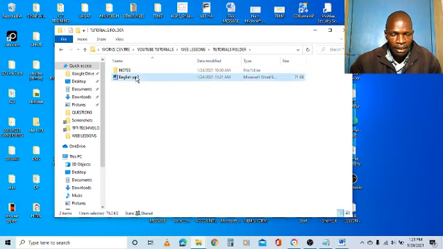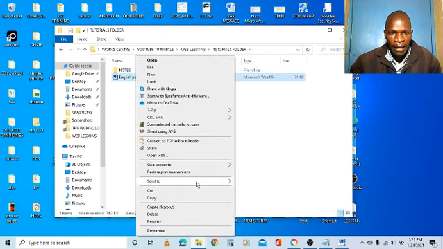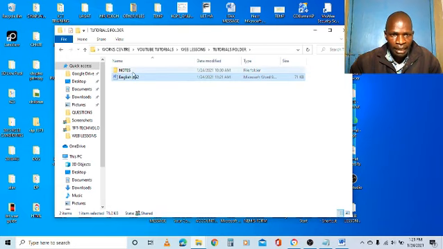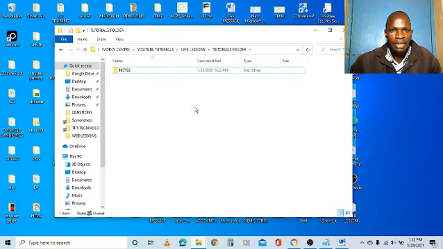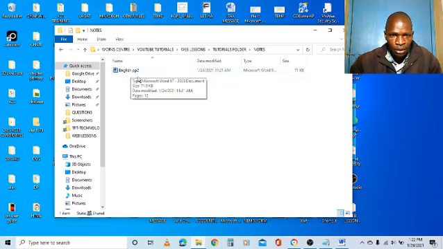So I right click, choose cut. You can see that it becomes faded. It's no longer clear, showing that it has been cut, and I want to move it to notes. So cut and paste. I will paste to notes to move it there. So I'll right click on notes and then paste, and you will see that the file will be cut and removed. It was here, it has been moved to notes inside here. If I point to notes, I'll be able to see it, and double clicking will show that the file is already in there.